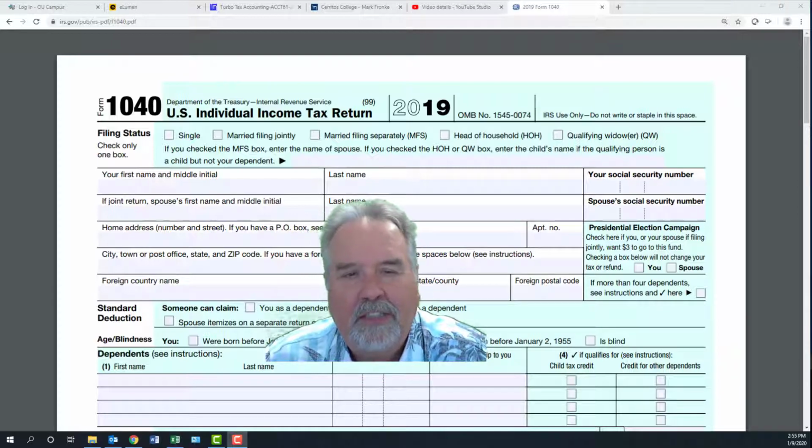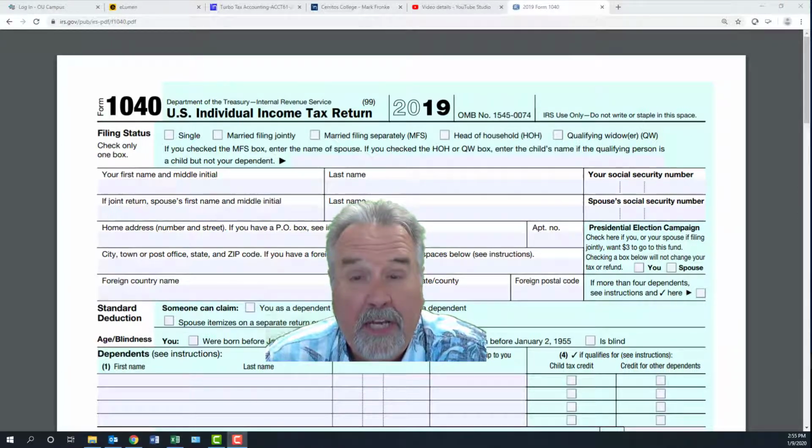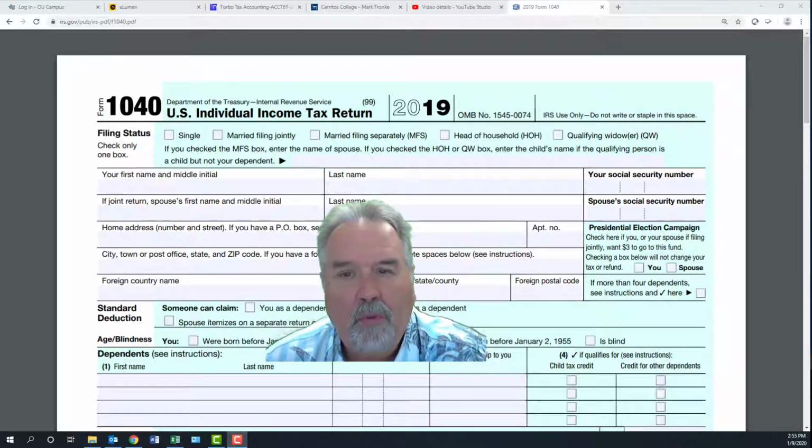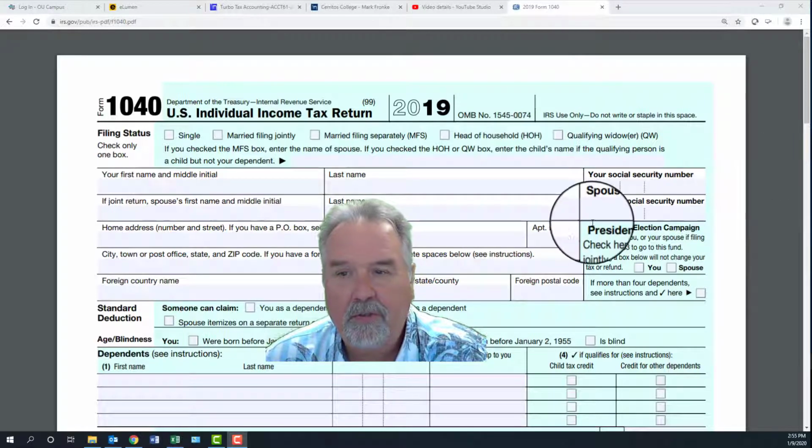Mark Franke calling here. Today we're going to do a review of Form 1040 for tax year 2019. This is a form that has been revised recently and simplified. So let's look at it. First of all,